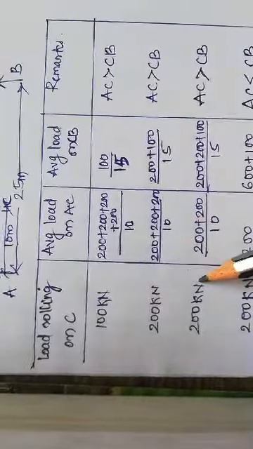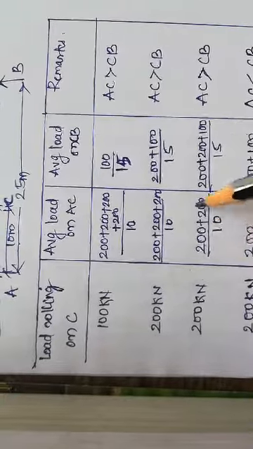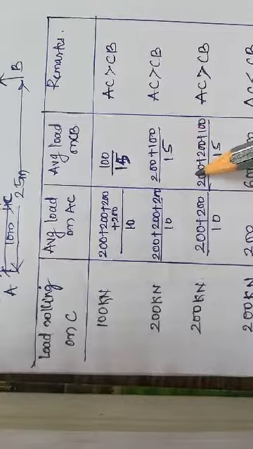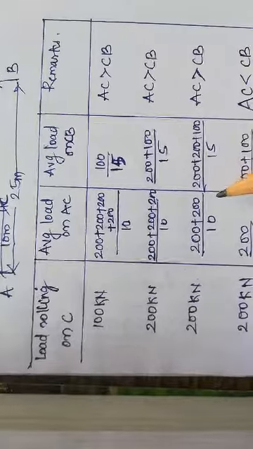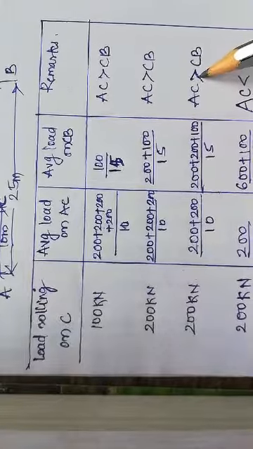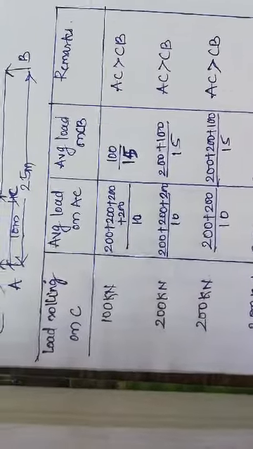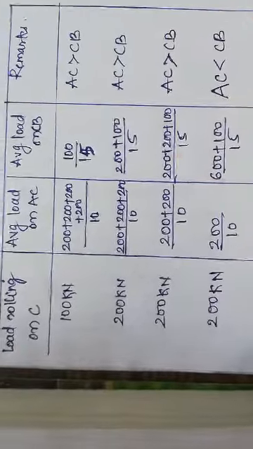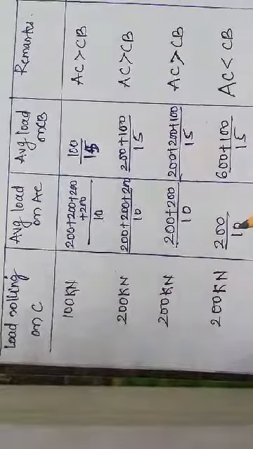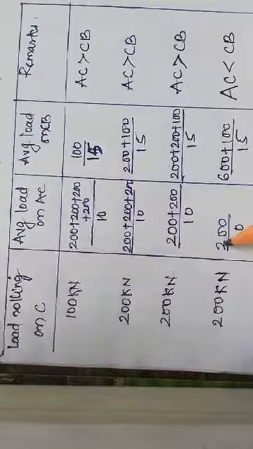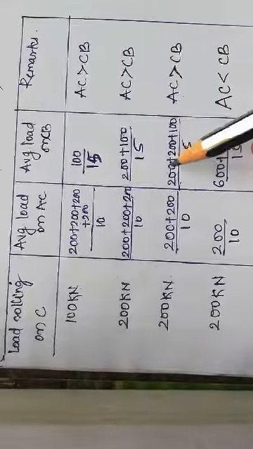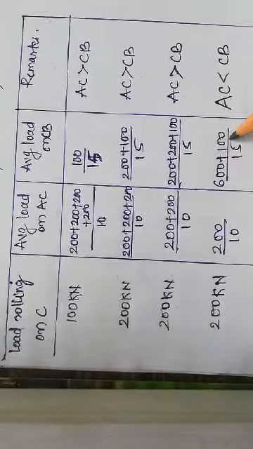Now next let us make the next 200 kilonewton also roll down past point C. So in the left hand side, that is in the AC section, we will be remaining with 2 loads of 200 kilonewtons, and in the CB section we will be having 200 kilonewtons plus the 100 kilonewton load. Still we find that the AC section is heavier than the CB section. Now next let us consider that the third 200 kilonewton also crosses point C. So in the AC section you will be having only one 200 kilonewton load, and in the right section we will be having 3 loads of 200 kilonewtons and this 100 kilonewton.